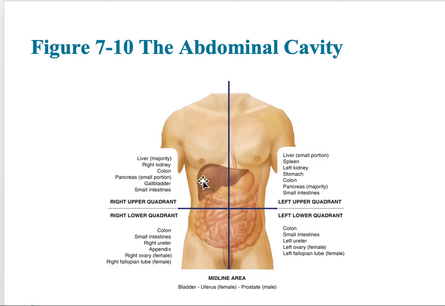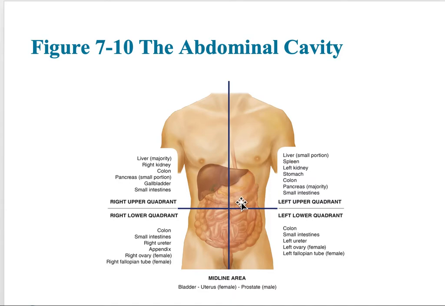The liver is up in the right upper quadrant. The gallbladder that houses bile travels through the common bile duct across to the pancreas and then down into the small intestine. Here you can see that the stomach mainly is on the left upper quadrant, but again then there's also the